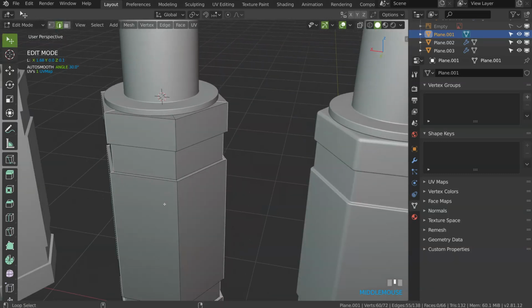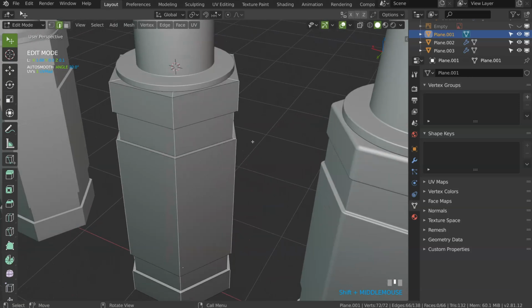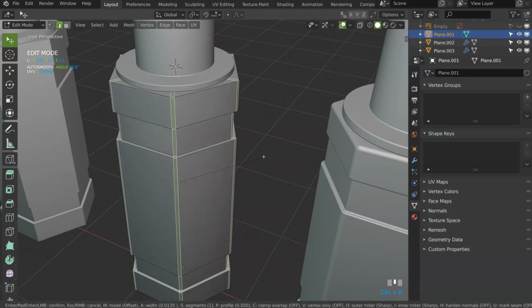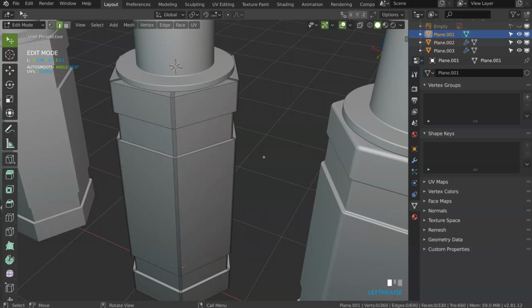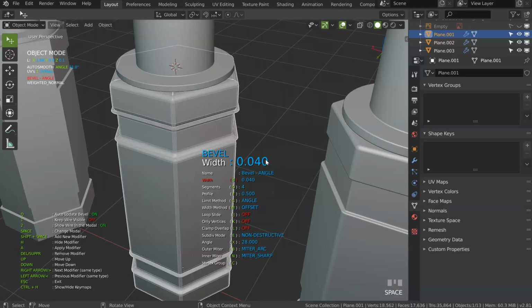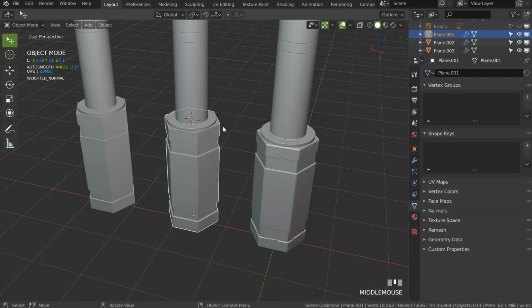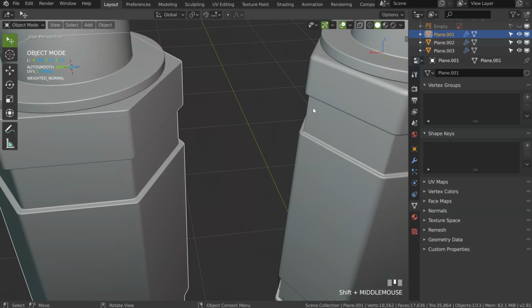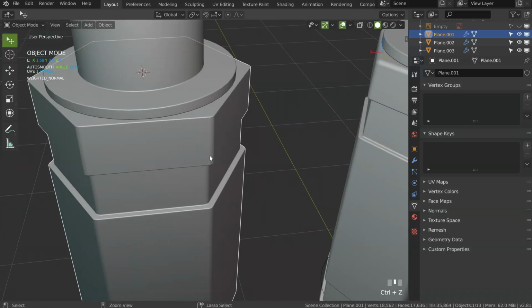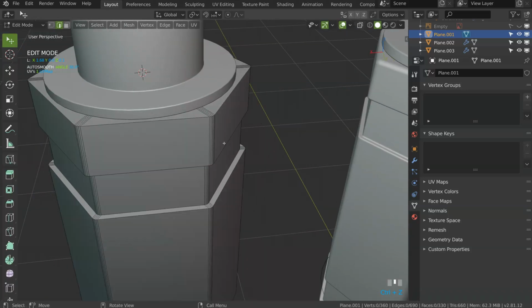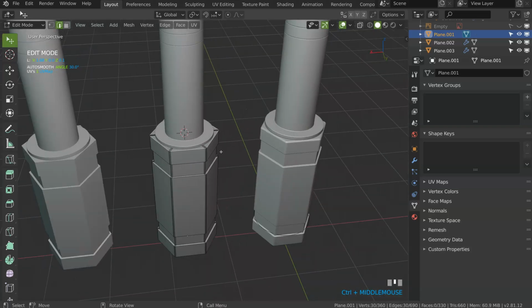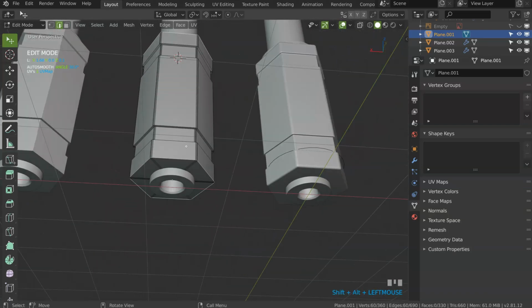I will select this. I may be too fast because it can be long to make everything destructive. I will add a bevel, let's see, add some subdivisions, like that, and after I will add a bevel, a small one, and I will apply it. Boom. And as you can see, or maybe it's too big, I will undo it. This one is correct. I will add a big one here and a big one here.